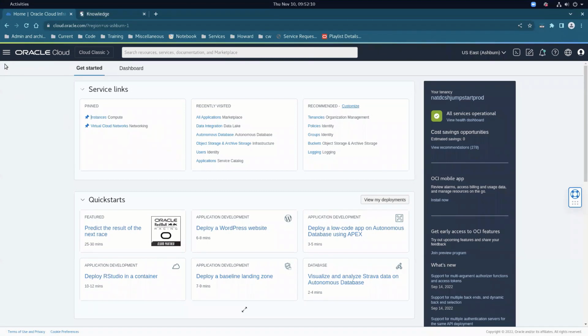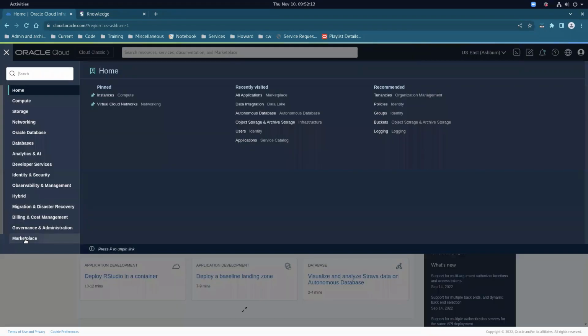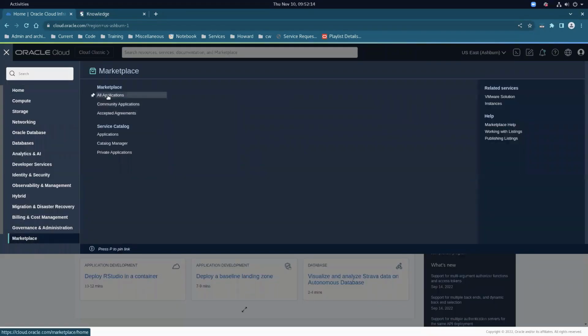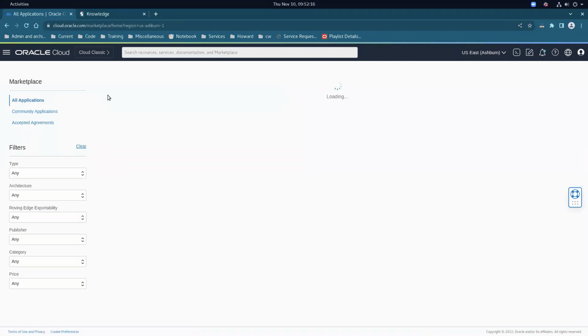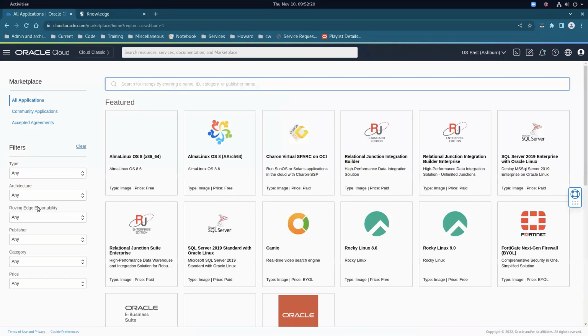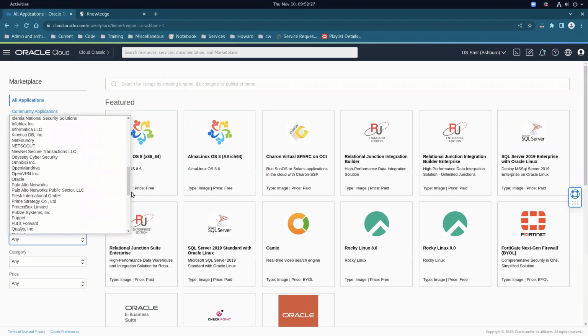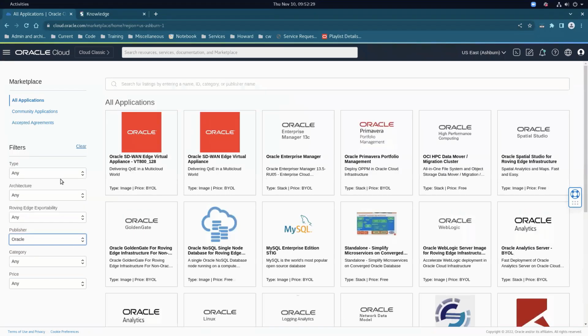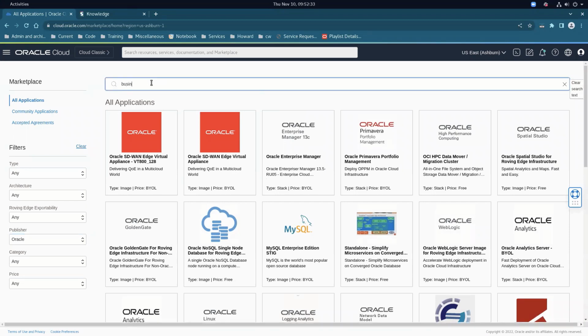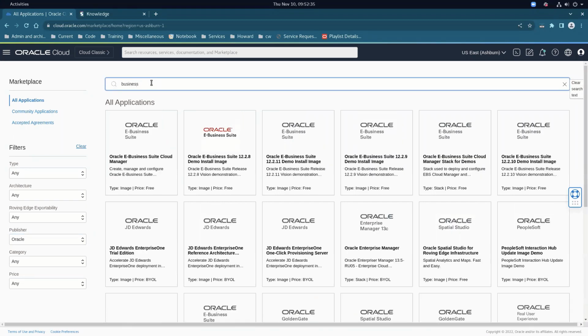We'll start by deploying EBS. Obviously, if you already have EBS running in your instance, you won't have to do this. We'll use the Marketplace image, so you go down to Marketplace, go to All Applications, filter by Oracle provider, and then do a search on Business, and then you'll find the eBusiness Suite image there. It's a stack that gets deployed, eBusiness Suite